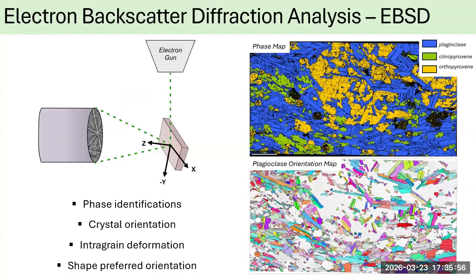But I also use electron backscatter diffraction analysis to quantify my observations. So EBSD can specify how strong a fabric is, so how strongly crystals are aligned. We can use it to identify different phases. We can characterize crystallographic orientation of these different phases. We can say how much a crystal is deformed, not just that it's deformed, but by how much. And we can also even look at the shape preferred orientation of these crystals. So EBSD